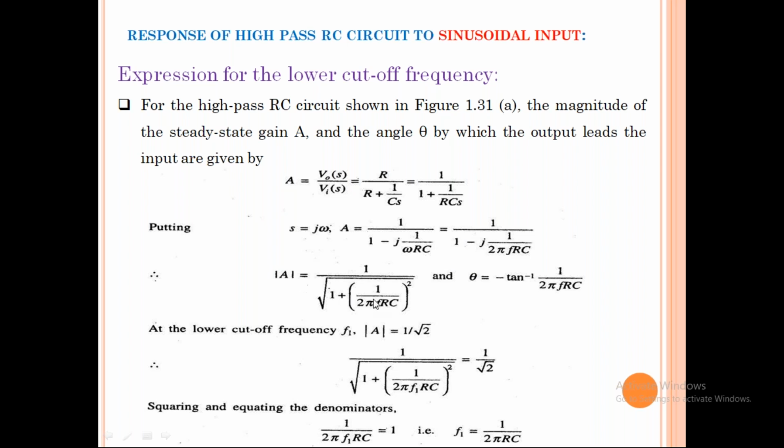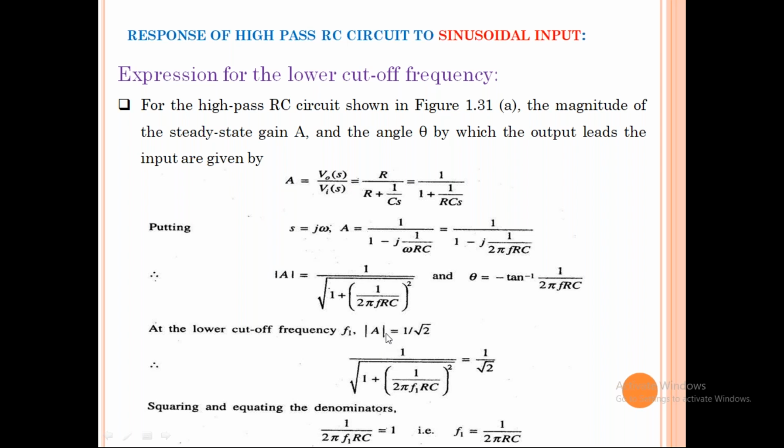Similarly, modulus of A is equal to this formula you are using. Similarly, the phase angle between input and output, how much phase angle is there? That will be tan inverse of imaginary part by real part. Here, the important one is the low pass filter: calculating upper cutoff frequency and lower cutoff frequency, the lower cutoff value is 0. But in the high pass RC circuit, the lower cutoff frequency value will be found out and the upper cutoff frequency value is infinity. It's very, very important.